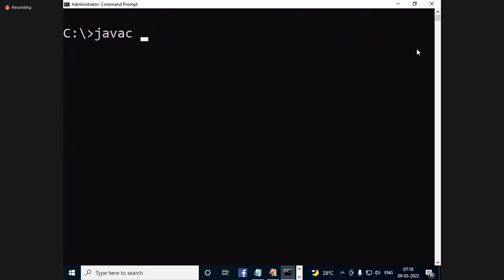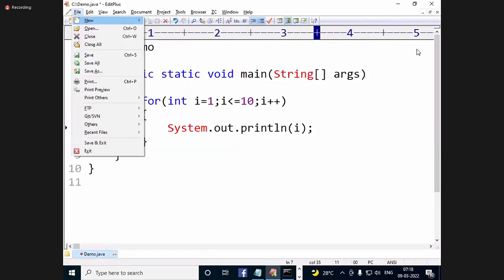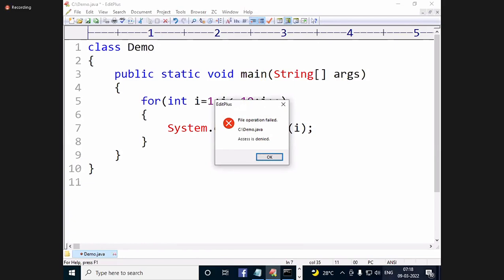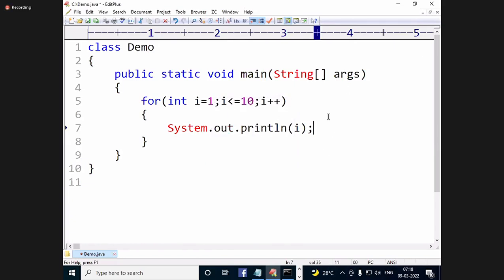Java C. First I didn't save. I'll save this program. File, Save.